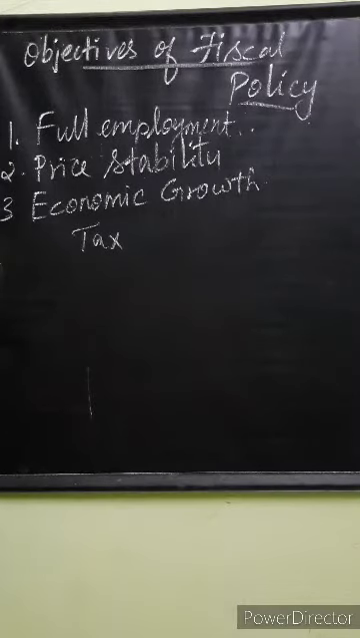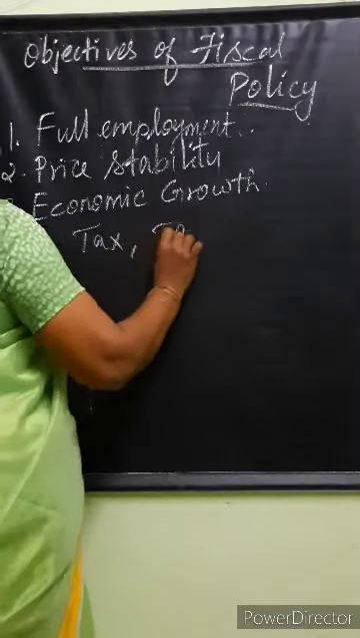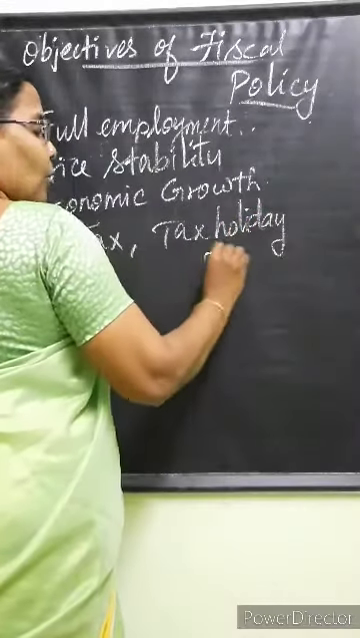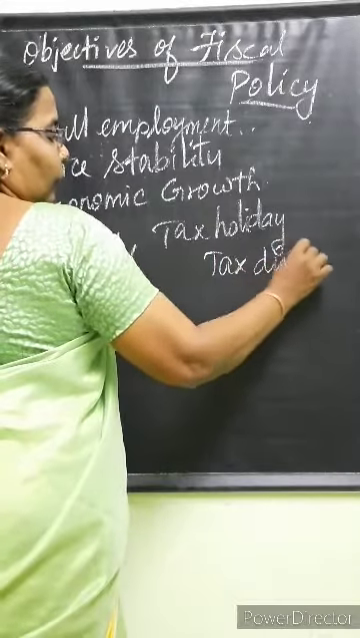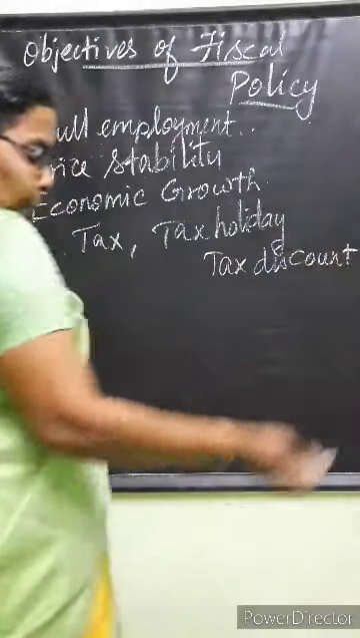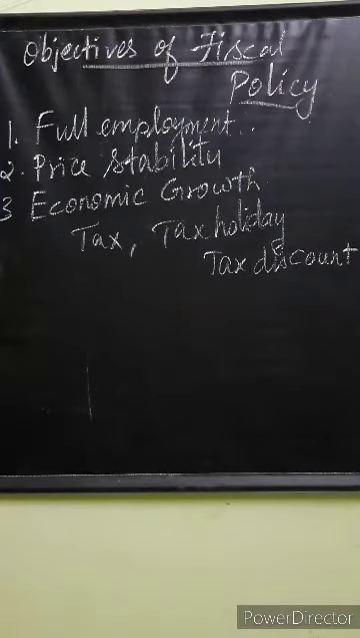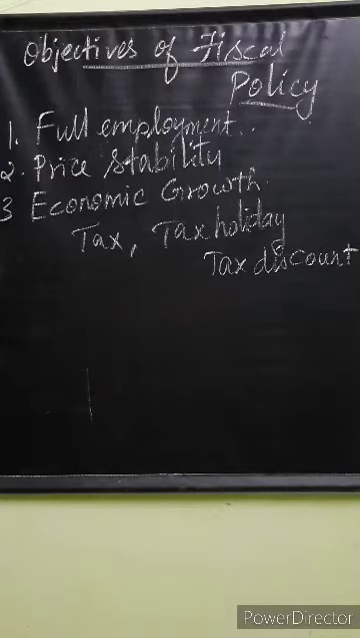And also, tax holidays. Tax rebate, discount. Rebate means discount. Encourage the people who are doing business, isn't it? If they want to give economic growth, if they want to make the production high, the government can give tax relaxation, tax discount, so that they can produce more goods. And then